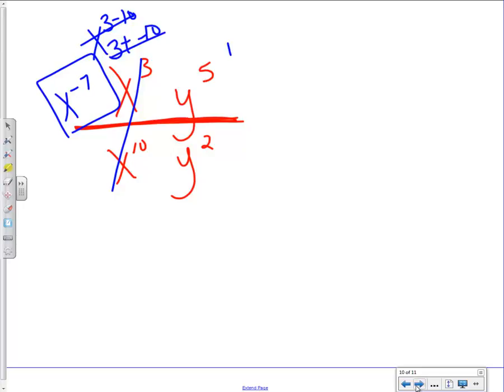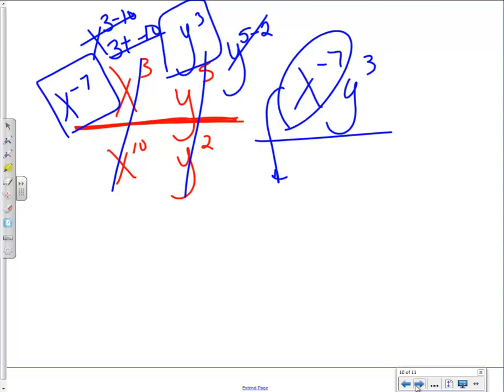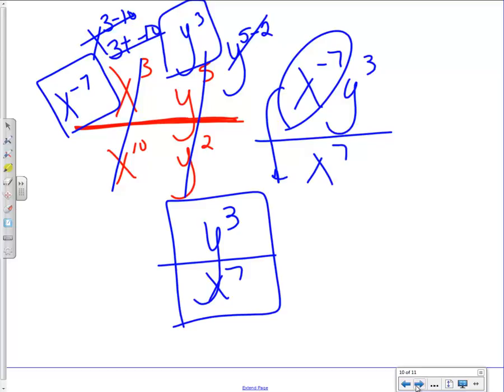I move on to my y's. I subtract my numerator minus my denominator. 5 minus 2 is y to the third. Okay, so I have x to the negative 7, y to the third. The x to the negative 7 is negative, so it's got to drop to the bottom. And so it becomes x to the 7th. So my final answer is y to the third over x to the 7th. Final answer. Okay. All right, that's all I have for